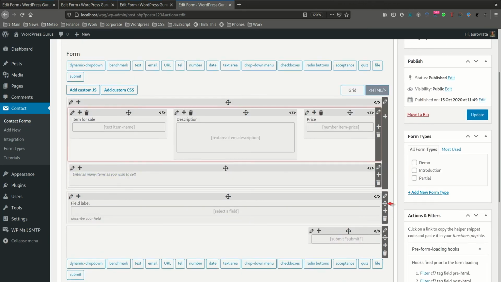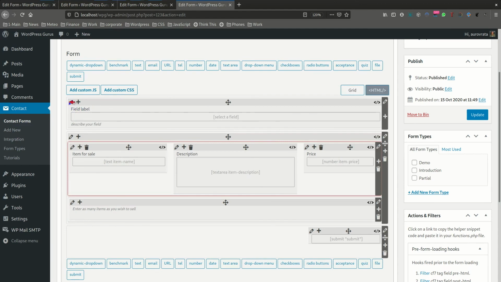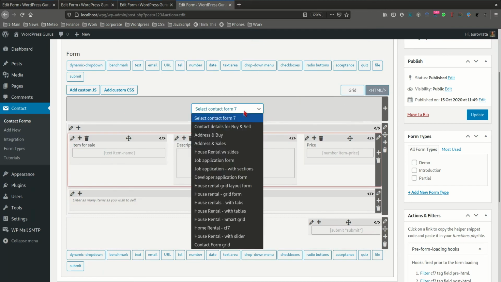I'm going to drag this new row above at the top, and here in the corner, in the same way that you could create this into a grid to make like a table structure, you now can actually have a button called insert a form, and this now converts this entire section, this entire container, into an inserted